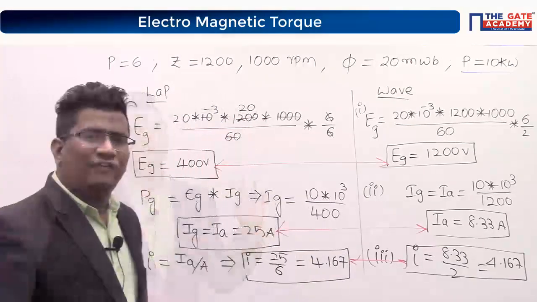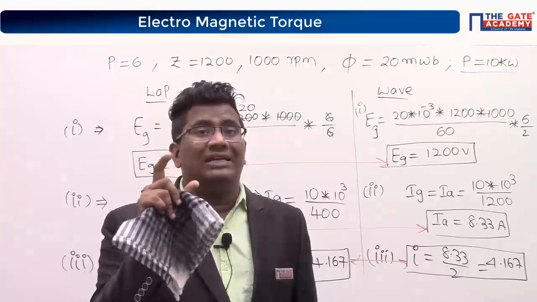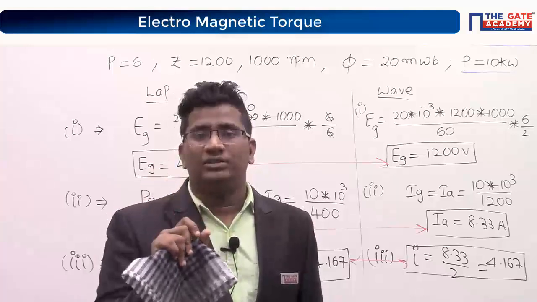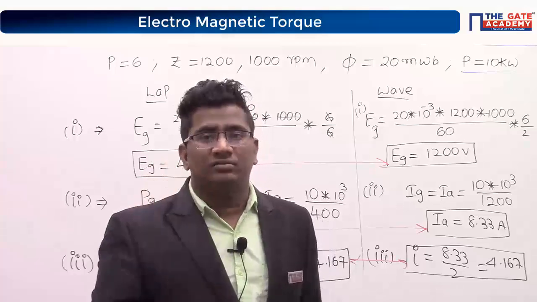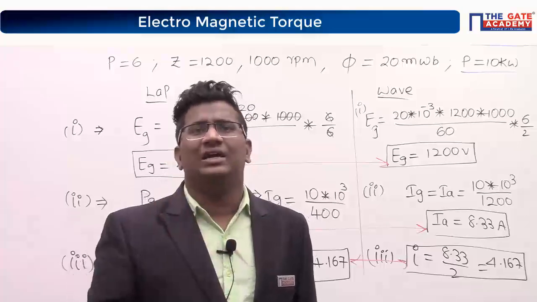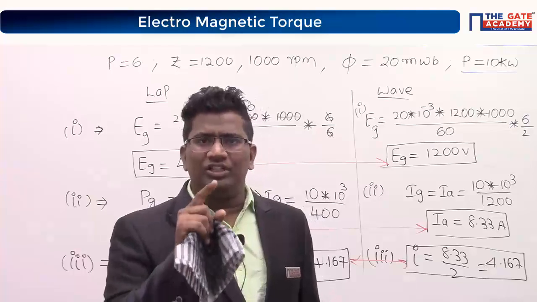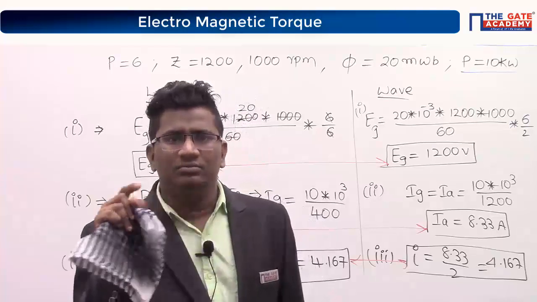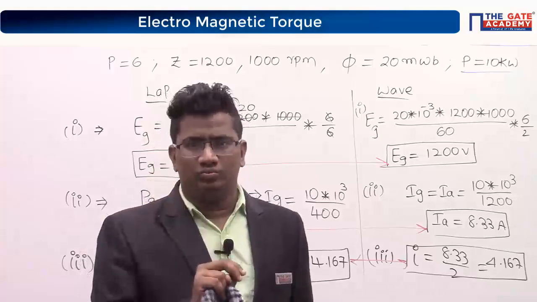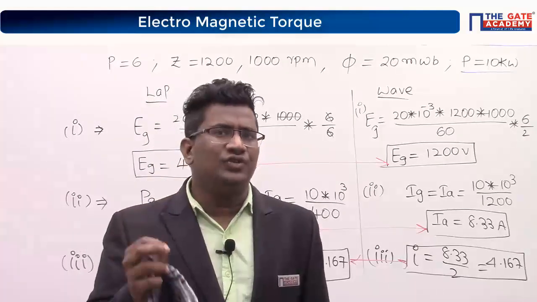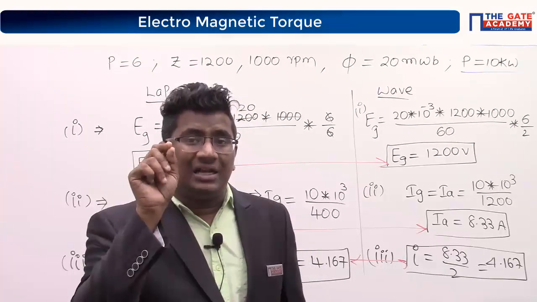Okay? Flux per pole does not mean a single pole, it is like a pair of poles. A pair of poles is producing that much flux. A single pole cannot produce flux. Correct or not? Are you getting my point? Does a single pole produce flux? Definitely it requires a minimum of 2.